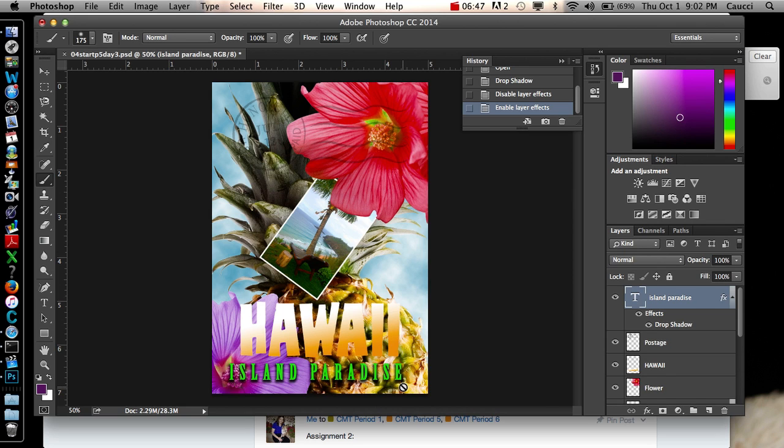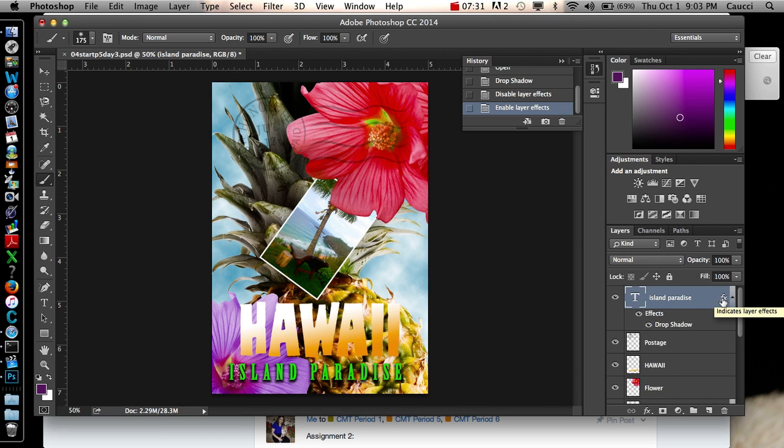So a cool thing about Photoshop is once you do an effect, you can apply that effect to all of your layers. And if you notice on your text layer that we just did, the Island Paradise, there is an FX symbol right here on the far right. That FX symbol is just like the FX channel, it means special effect. And in this case, we added a layer effect to it. And we can actually apply this layer effect to any other layer. If we click on it and move it down, we can actually move that special effect to another layer. But in this case, what we want to do is duplicate